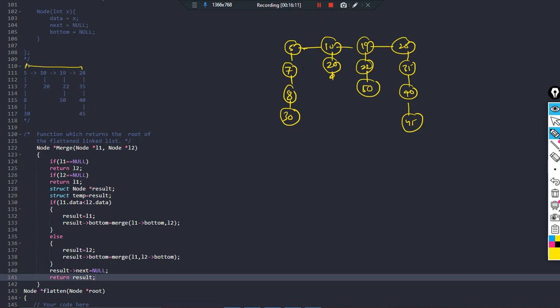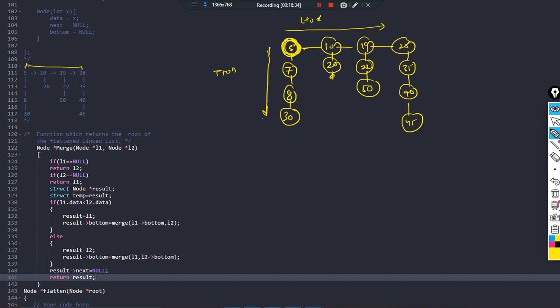Now if I ask you which node will be present first in the combination, obviously since they have said that the linked list is in sorted order, so top to bottom is increasing, left to right is also increasing. So top to bottom, the value of the node is increasing, left to right, the value of the node is also increasing, which means that the smallest element is this one, right? This is the smallest element.